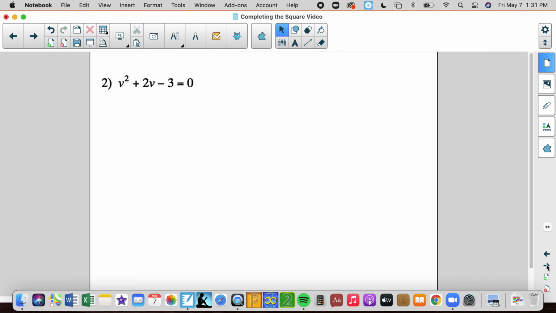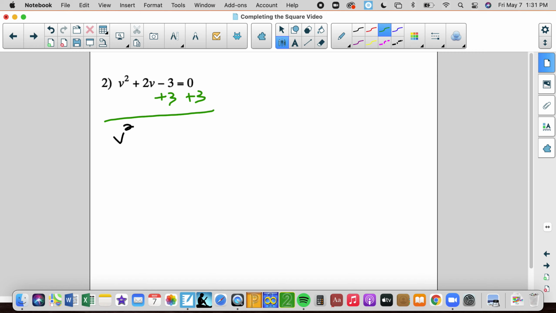So we get a problem like this, and we say, is the left side of this equation a binomial square? And the answer is no, it's not. So since this value here doesn't make this part of the equation a binomial square, let's get rid of it. Let's move it to the other side,